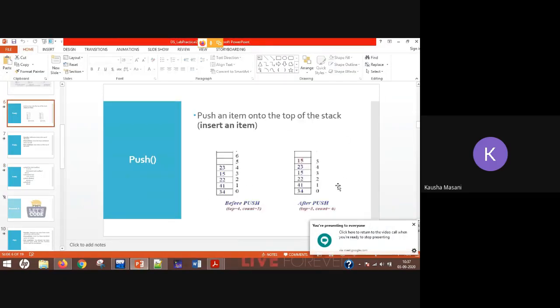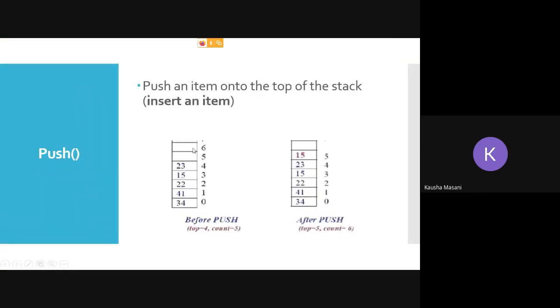Suppose, see, here the stack, on this side. Have a look on the left hand side. Here my stack size is 7. Why? Because 1, 2, 3, 4, 5, 6, 7. But the index value will be 0 to 6. So if you are doing top equal to n, which is your stack size, then it is not right.